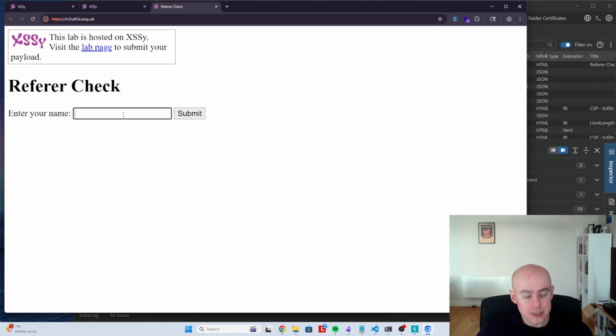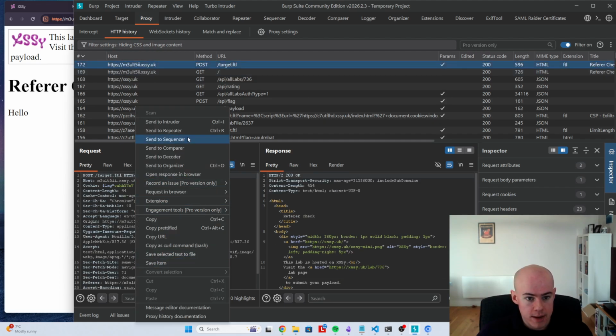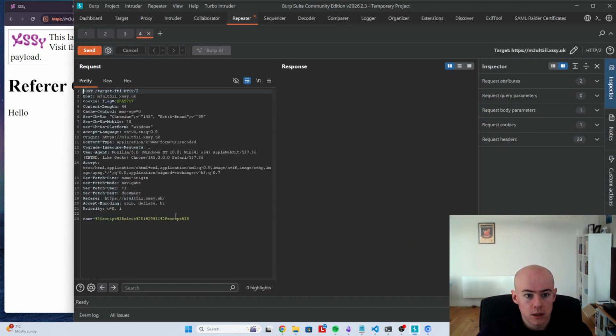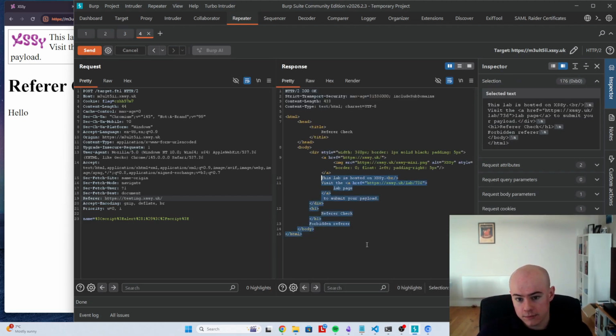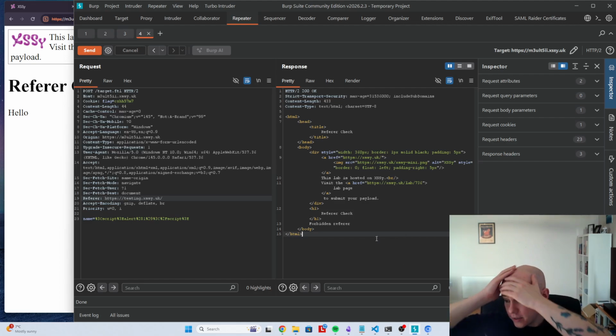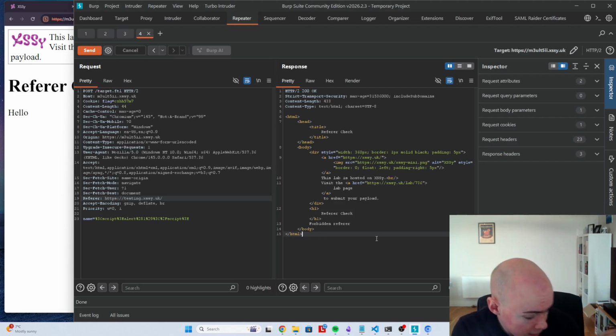So presumably this is going to be a lab where if I mess up my referrer header, it's going to sit for. So if I say that's testing, it's going to go forbidden referrer. The referrer header is some header that's automatically set. Now, fortunately for us, it is also attacker controlled. Well, I say that